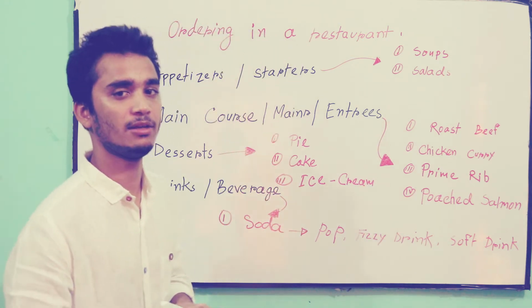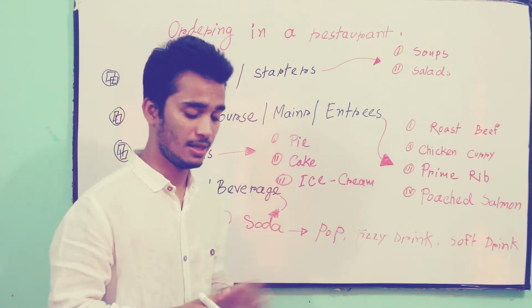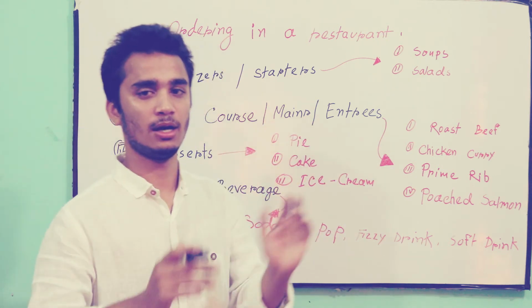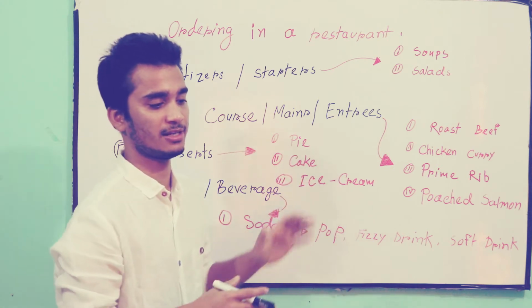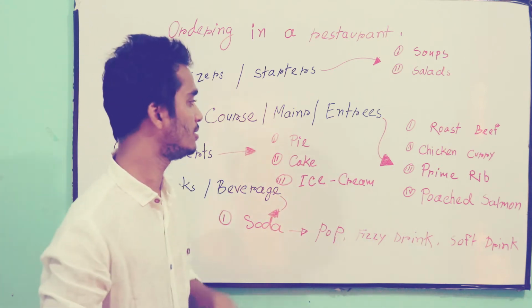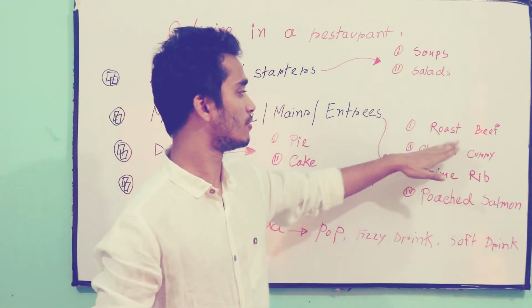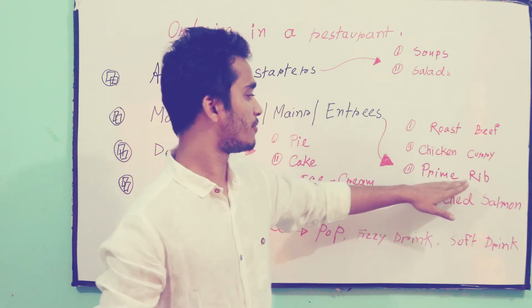And also there is the main course, or entrees, or main. This is actually the meal. Several restaurants have several types of meals, and your choice also depends on that. I'm writing some examples: roast beef, chicken curry, prime rib, and